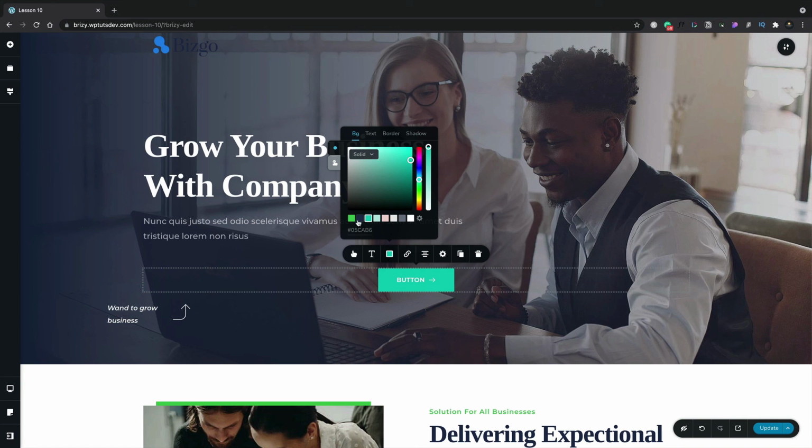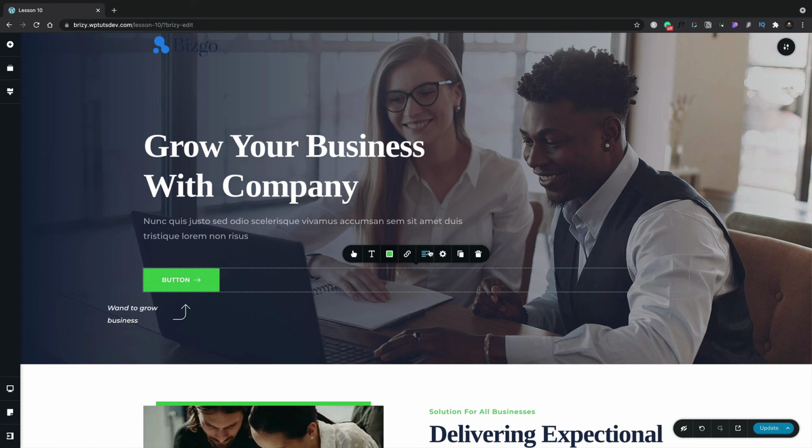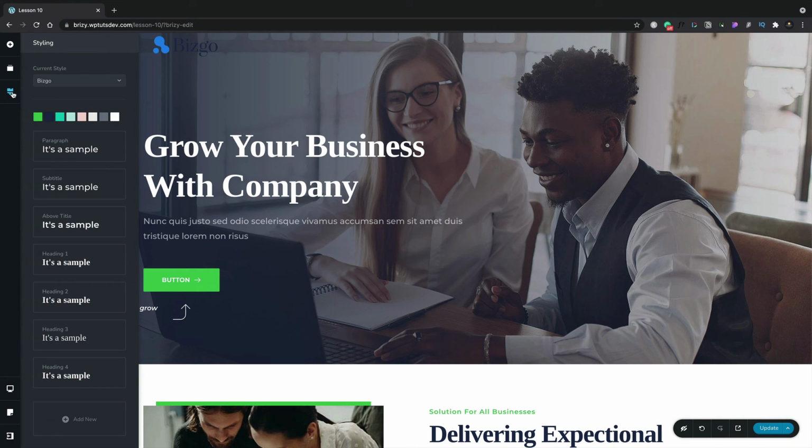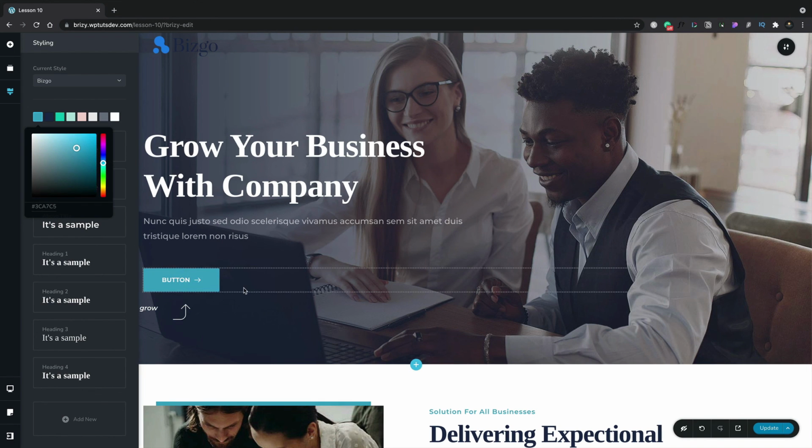So let's simply set this back to the green color we had originally, adjust our alignment, and then we can go ahead and if we want to make changes to our global colors again, we'll see our new button will make changes alongside it. So again, let's set this to a different color. And you can see now that everything reflects it, including our new button. And that's how easy it is to start working with the global colors in